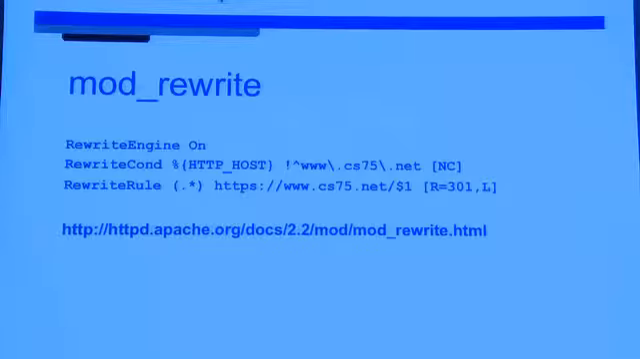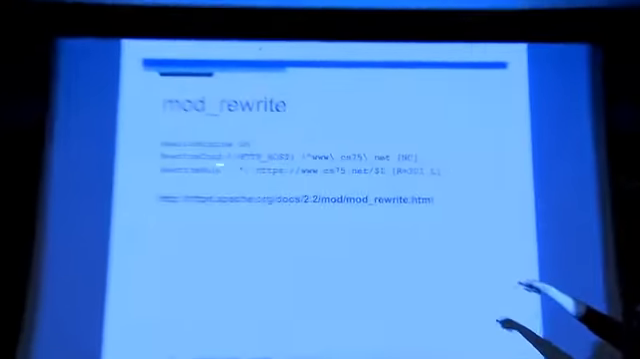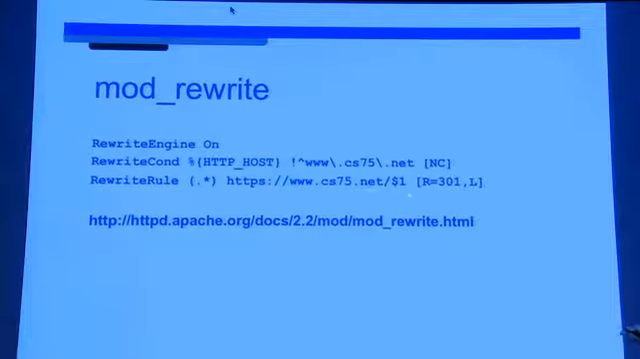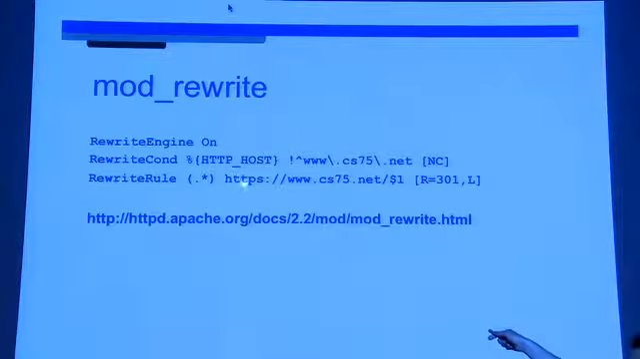What does the following line say? This is a rewrite rule. So if you have an if-else, this is the if-then part of the expression. So if, then do this. So this thing here, let's come back to and focus on this. I am going to rewrite the user, rather redirect the user to https://www.cs75.net